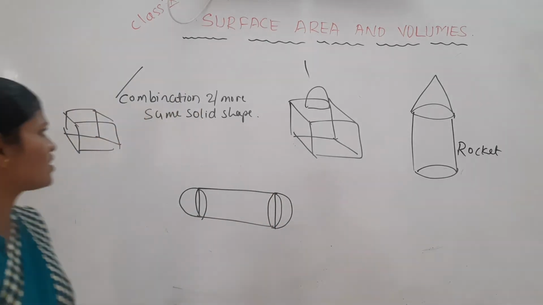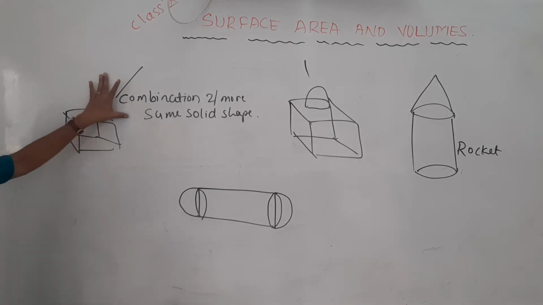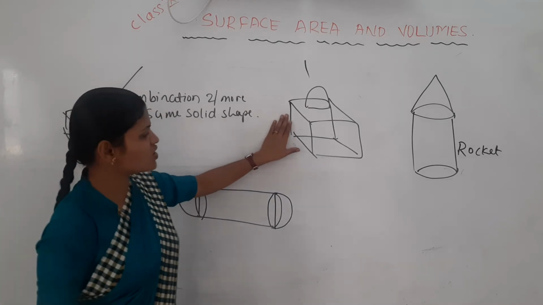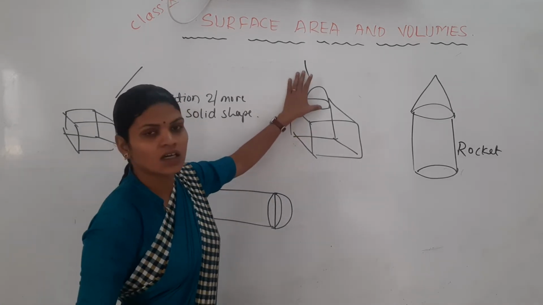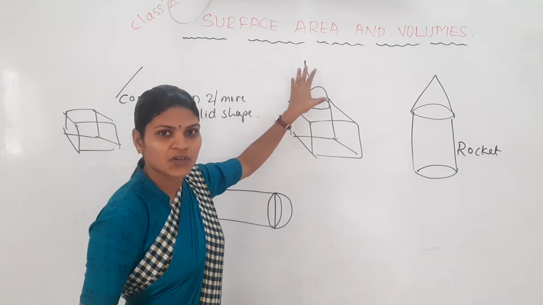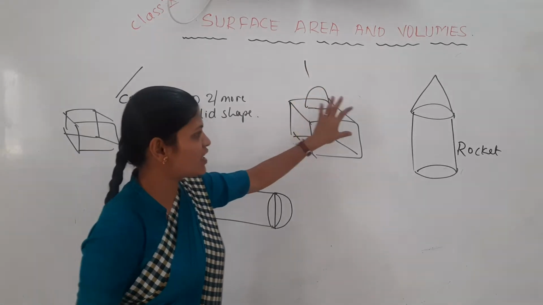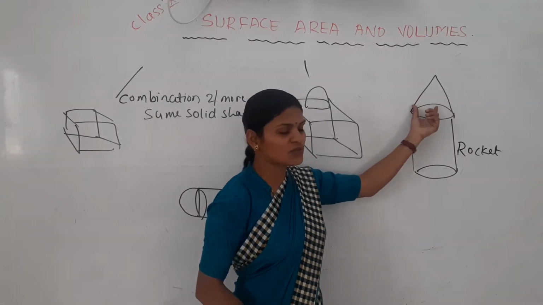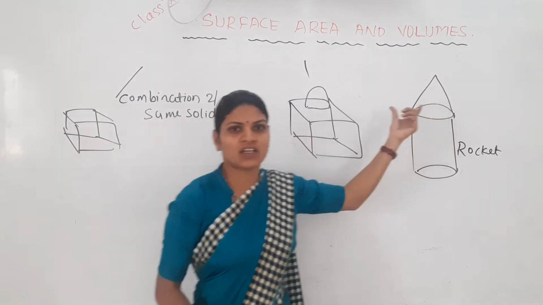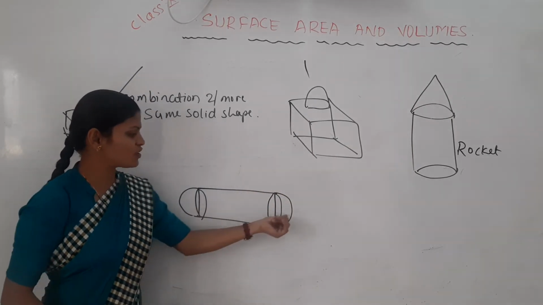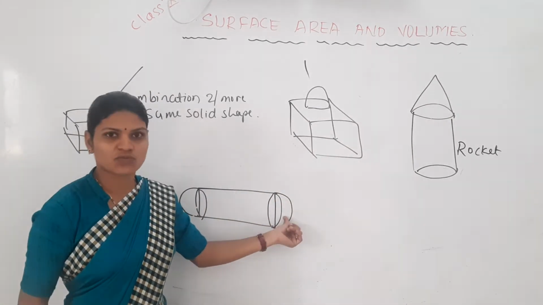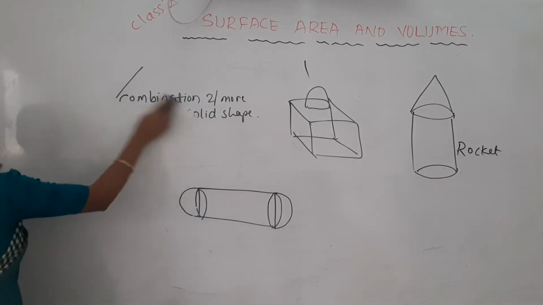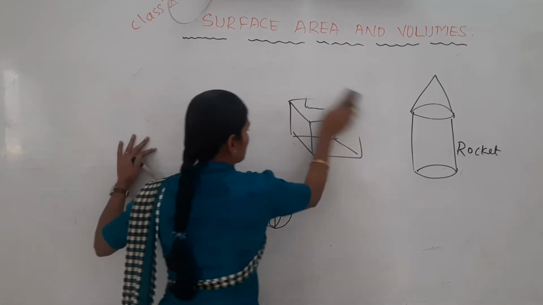So here totally there are four types of problems. One, it is combination of two or more same solid shapes. Next one, combination of cube and a hemisphere or cone mounted on this cube. And next one, cylinder, and on this cylinder either a hemisphere is mounted or a cone is mounted, and finally both the sides if your cone or hemisphere is mounted, how to solve the problems. Now we will take some examples based on these four types of questions.